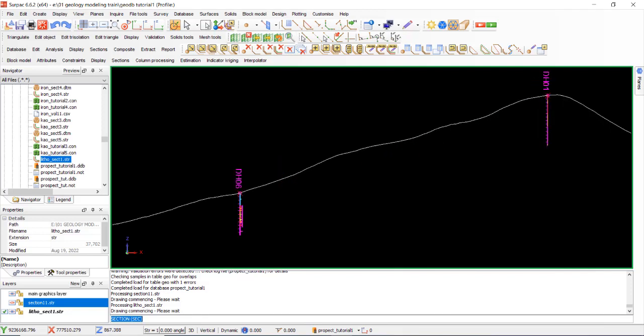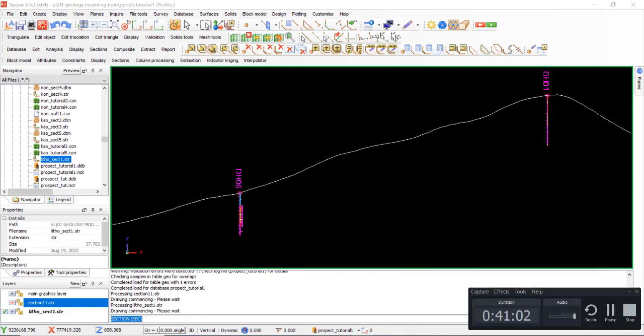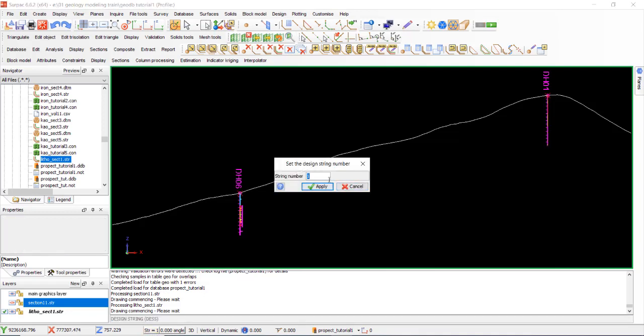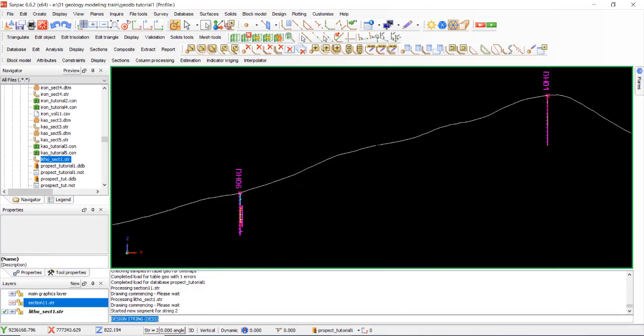Okay, we start the section from hole 1 to 6. Must start by changing the string to 2, because this string is 1 and must be changed to 2.